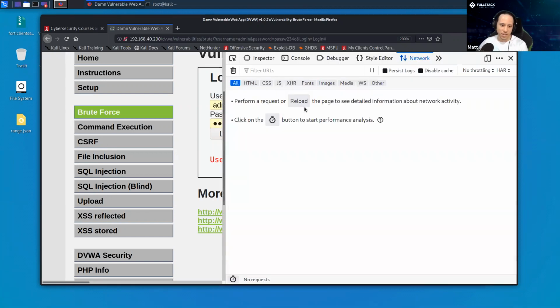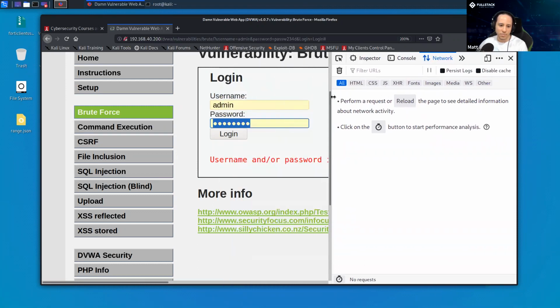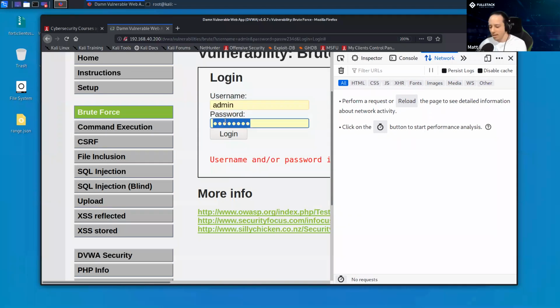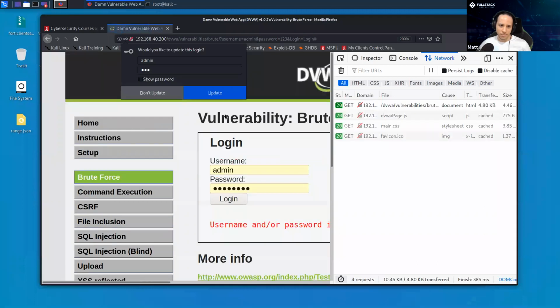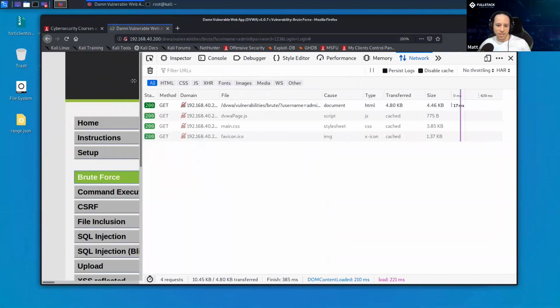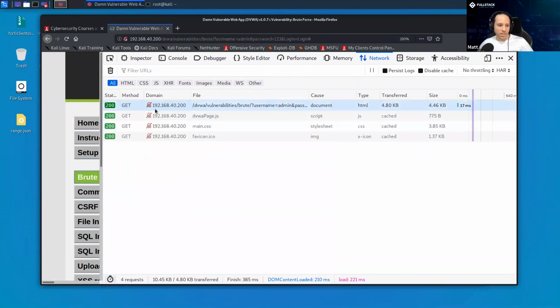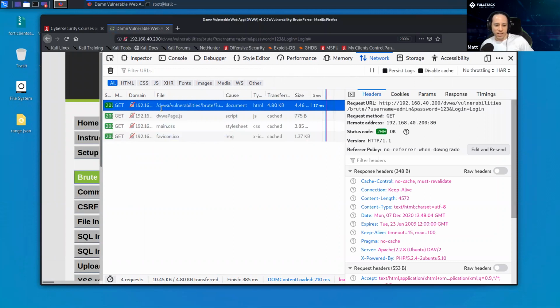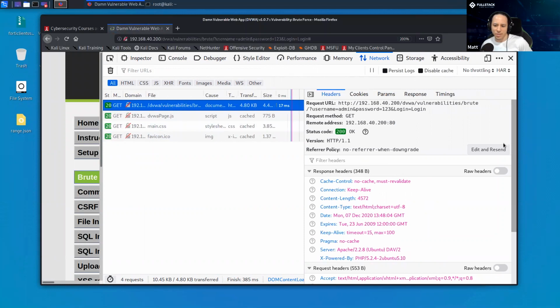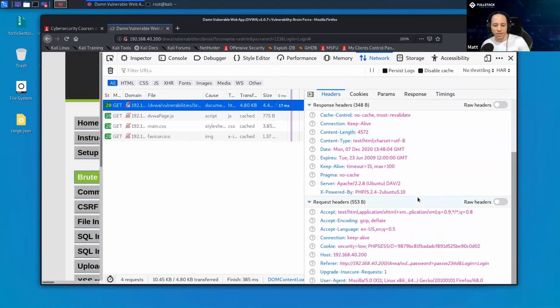Okay, so I'm just going to open up here, have this network tab open and see what happens when I type in admin and the password 123. Login. I apologize, I can't make this too much larger, but you'll see 4 GET requests got made. One of those GET requests is the one that actually had that information. Maybe Burp will make it bigger when I show you it in Burp.